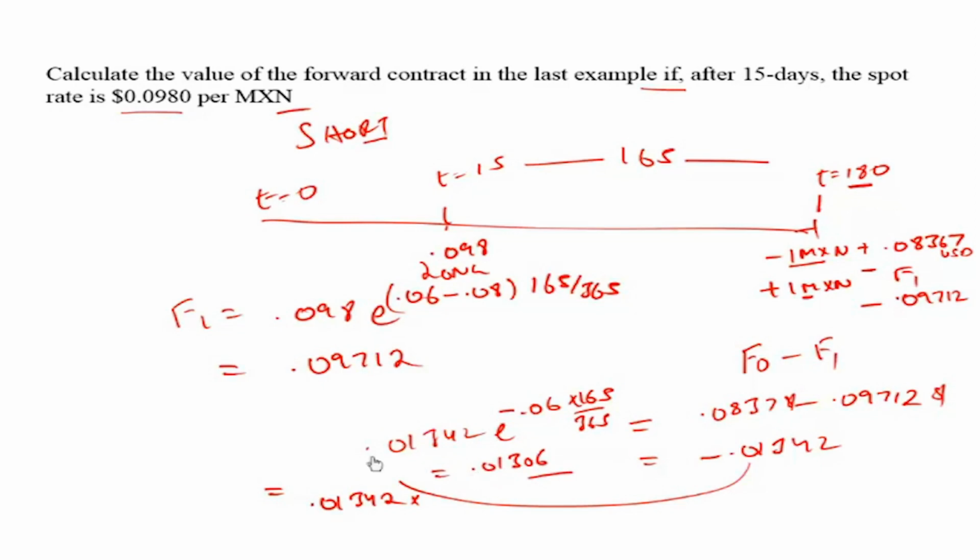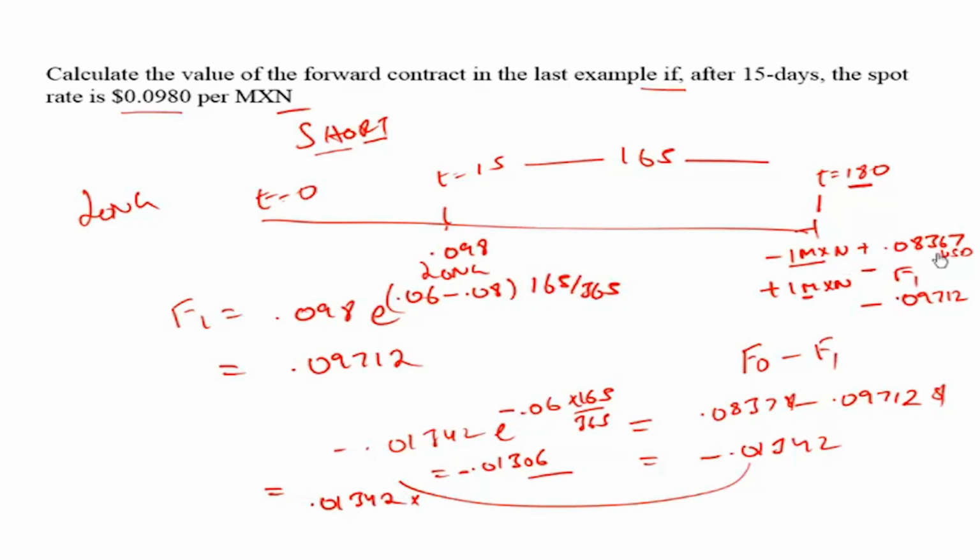So this will be the payoff to the short counterparty. That he'll have a loss of 0.01306 per Mexican peso that he has short. Had he shorted 1 million Mexican pesos, the loss would have been this multiplied by 1 million. We are calculating the payoff to the short counterparty. The payoff to the long counterparty, who is long the Mexican peso, would have been the exact opposite. It would have been plus 0.01342, because